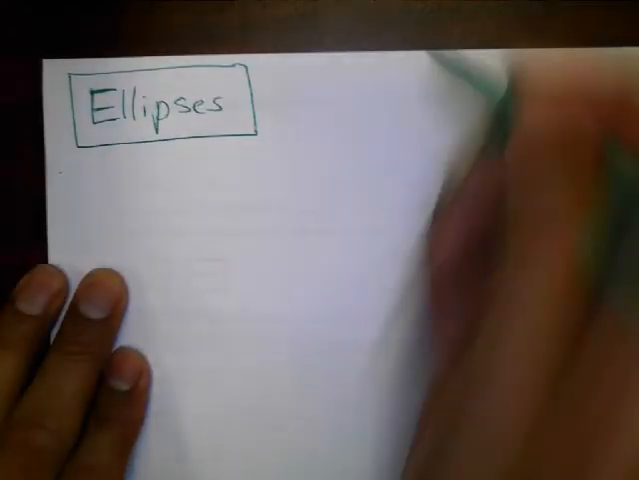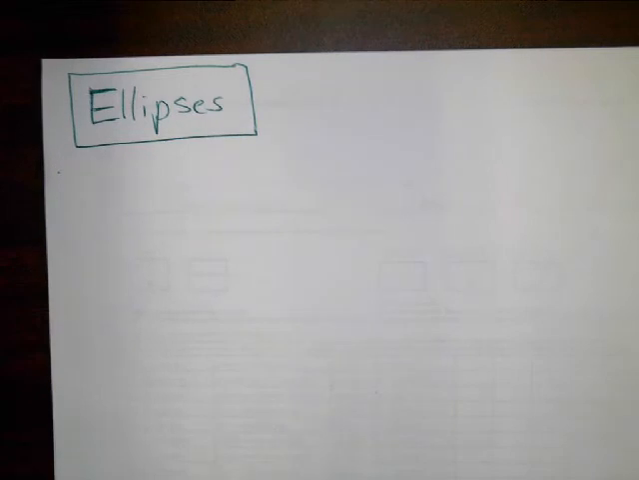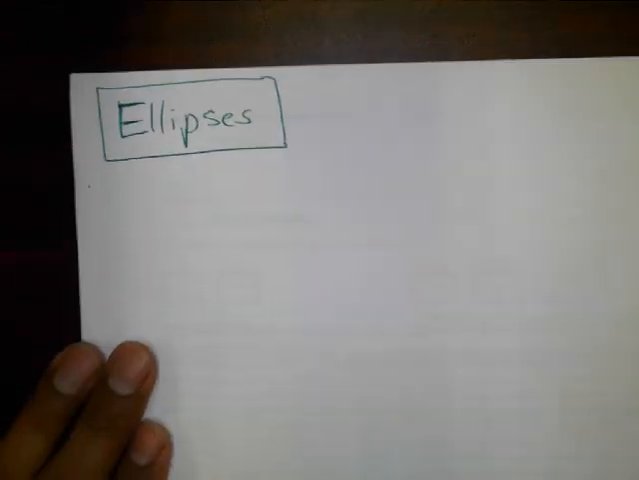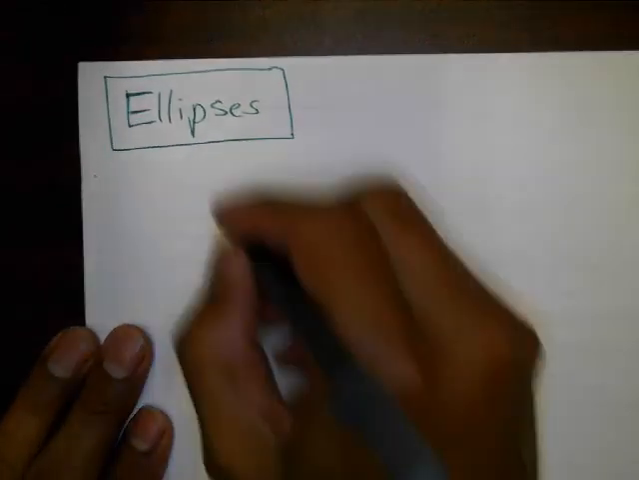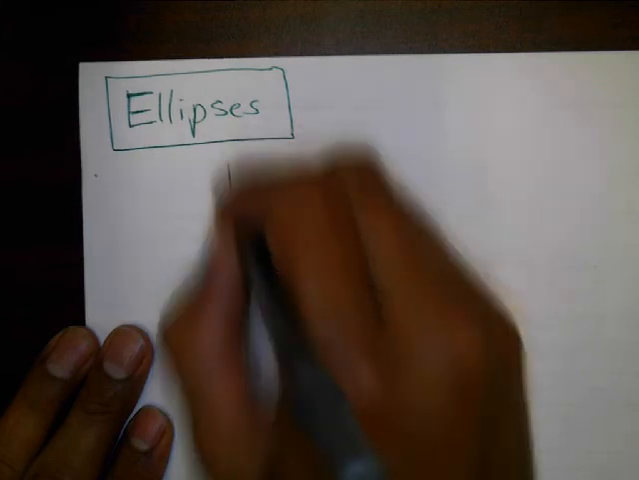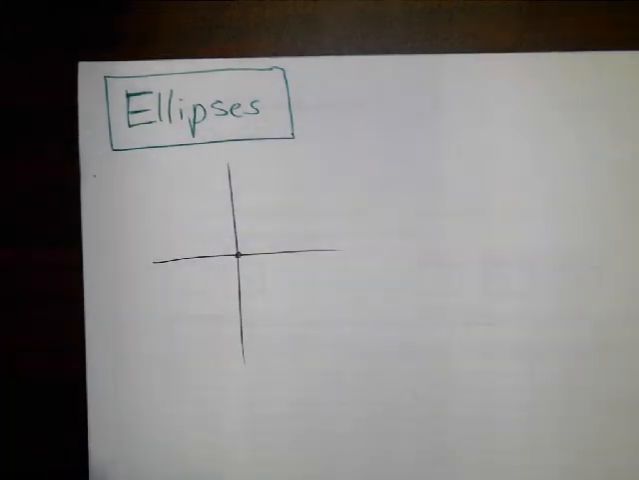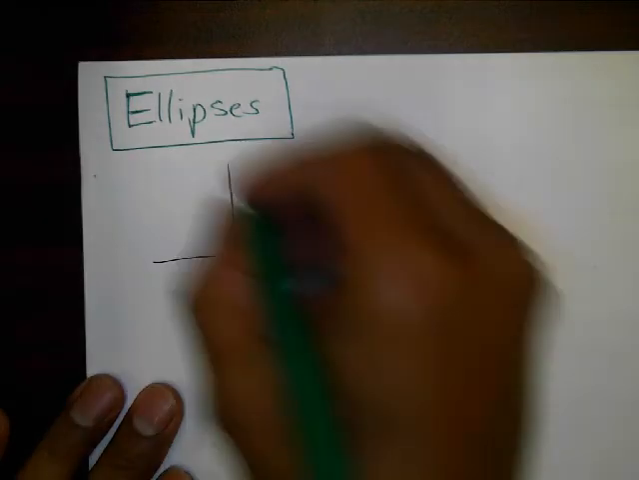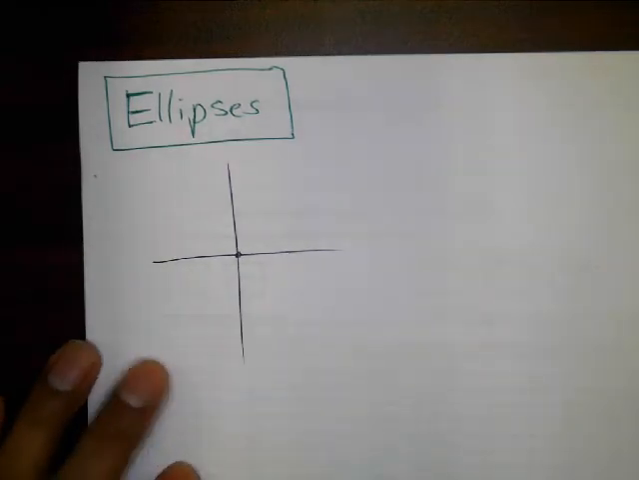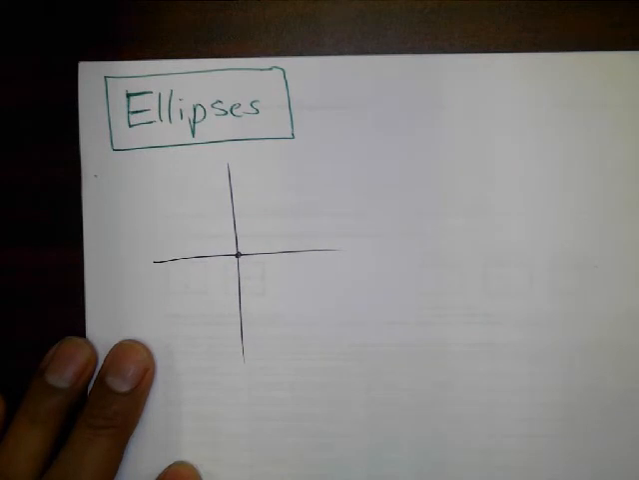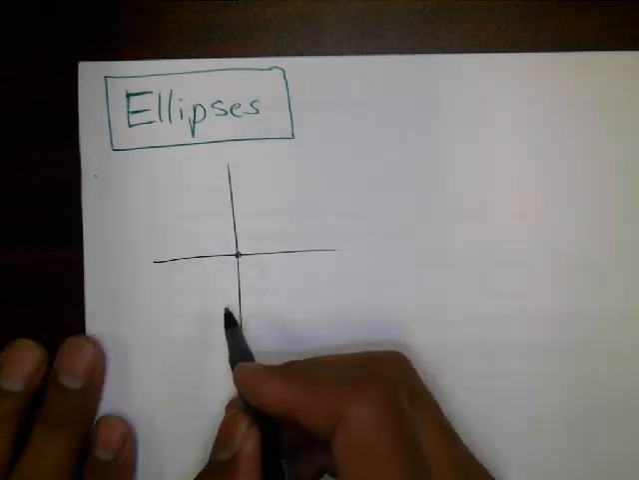Ellipses look like this, right? Let's say they're going to have a center, so let me just draw a crosshair. They'll have a center. And then they're not a circle, right? They're not a perfect circle, so they don't have a radius. On the major axis, where they're longer, right,